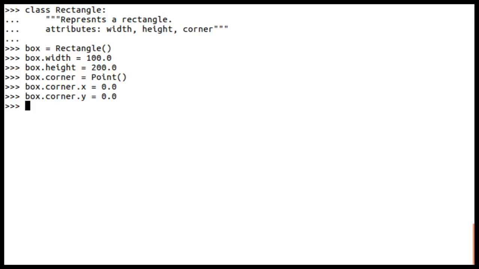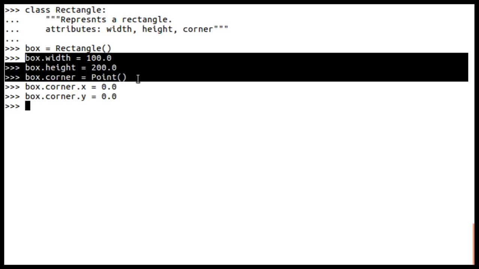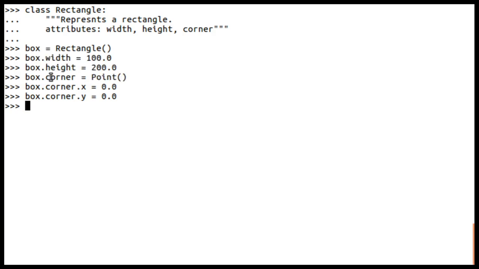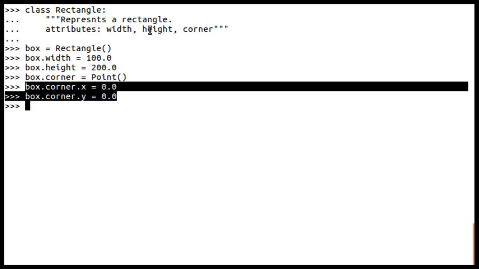Yes, we have instantiated a rectangle object and initialized all three attributes: width, height, and corner. Because corner is once again an object, we have instantiated the attributes of that object as well.